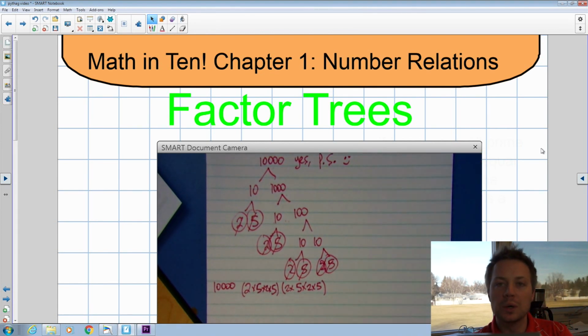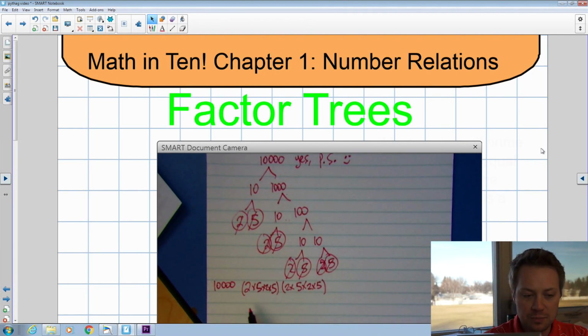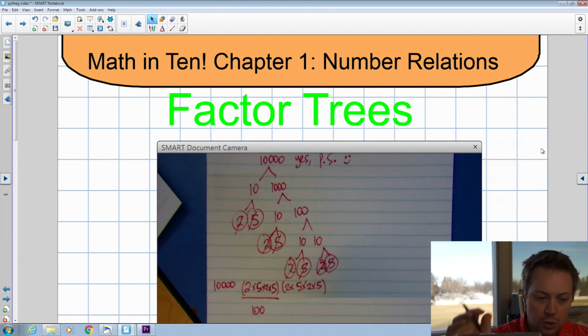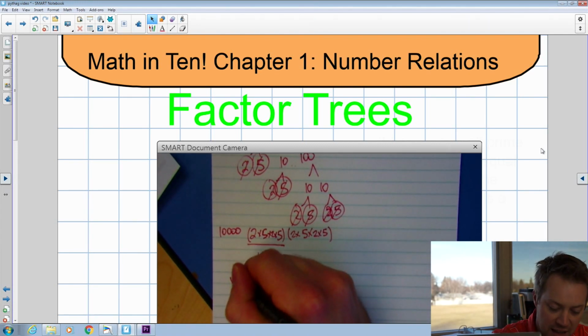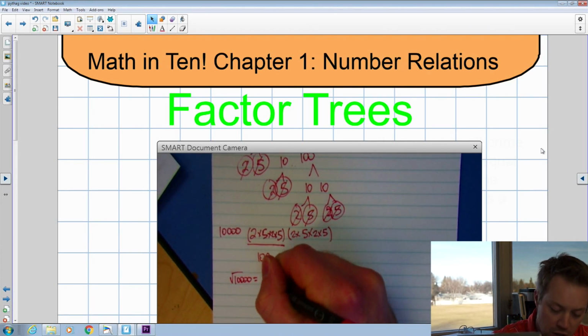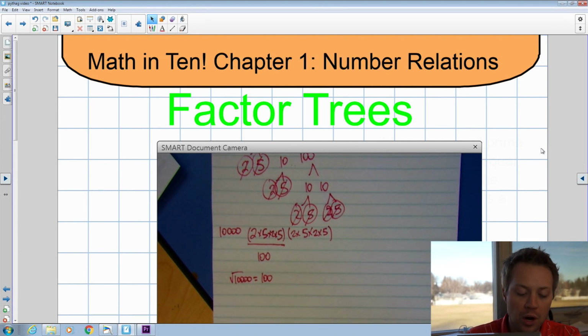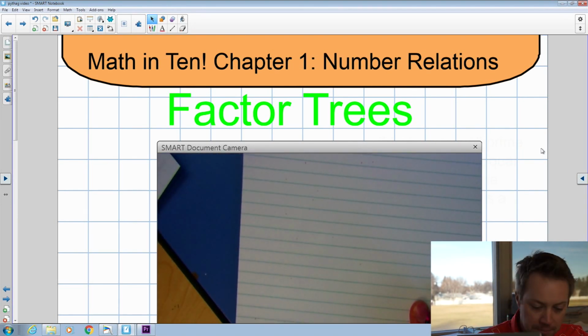Now, if I wanted to go a step further and find out what the square root is of 10,000, I would just multiply out one of my groups. So 2 times 5 is 10, 10 times 2 is 20, 20 times 5 is 100. So I know that the square root of 10,000 equals 100. Pretty simple to find the square root of a huge number like that. A lot of people are afraid of those big numbers, but in this case, it wasn't so bad. Let's just do one more example. I'm going to do the number